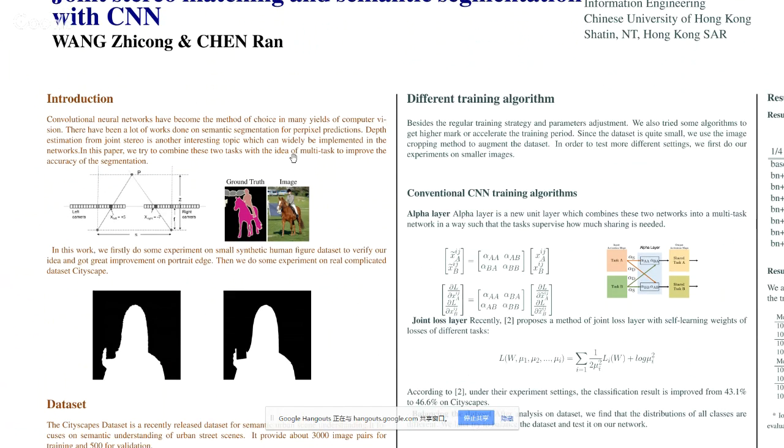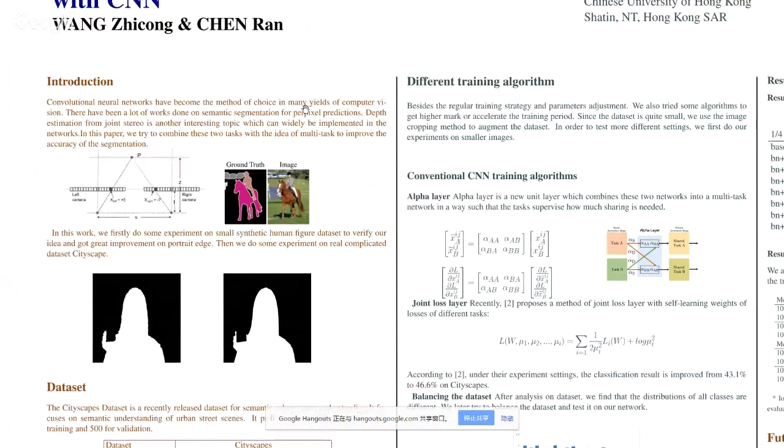And for semantic segmentation, you can see that the input is the RGB image and the output is a matrix of different labels. For the same kind of object, it will have the same label. For example, those cars. Our task is to join these